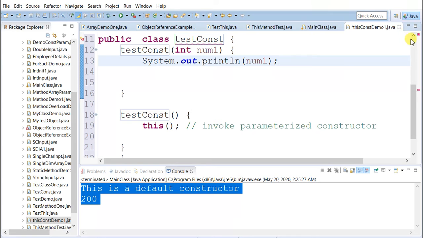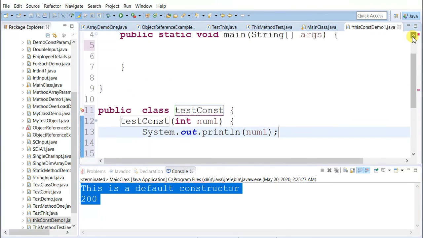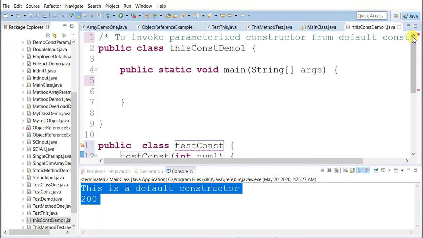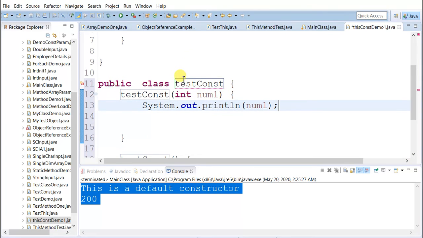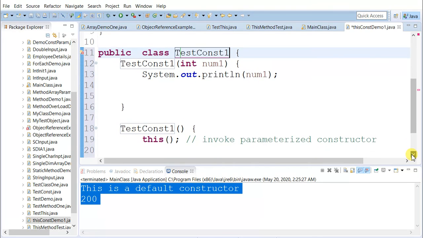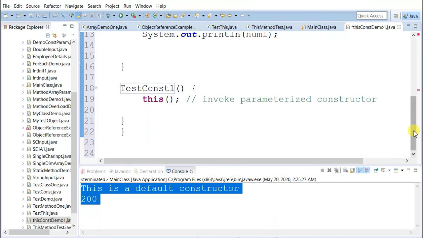Something goes wrong in this program, and I don't want to cancel this video because it has already been 15 minutes. So let us have a look at the code again. This const demo is a main class. Test const. Okay, so let me rename it to test const 1.